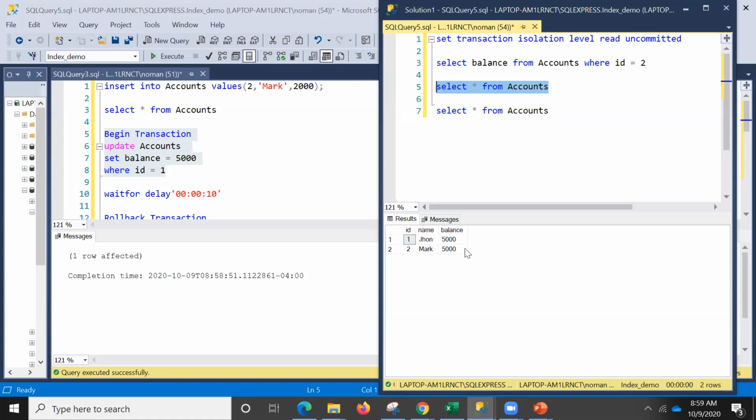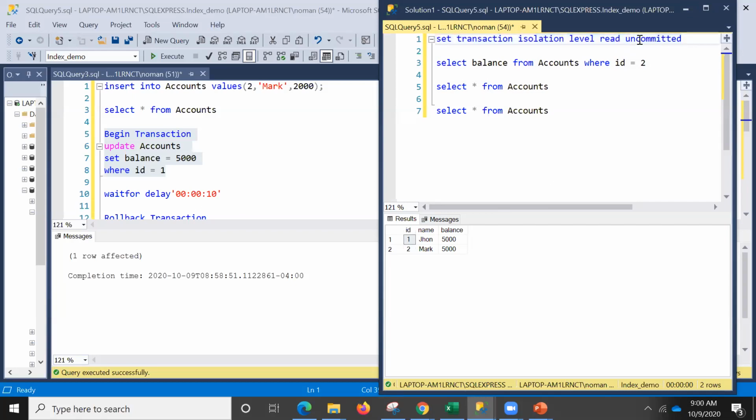No, John, it's not rolled back. It has just done this update, and when I'm checking it, it is giving me 5,000. So now please listen. Why is it giving this? It is giving this because of this isolation level. So it is reading uncommitted data as well. John, got the point? Alex, that it is reading the uncommitted data, right?